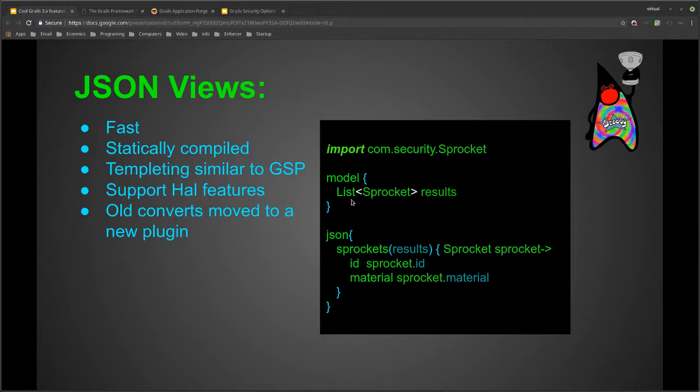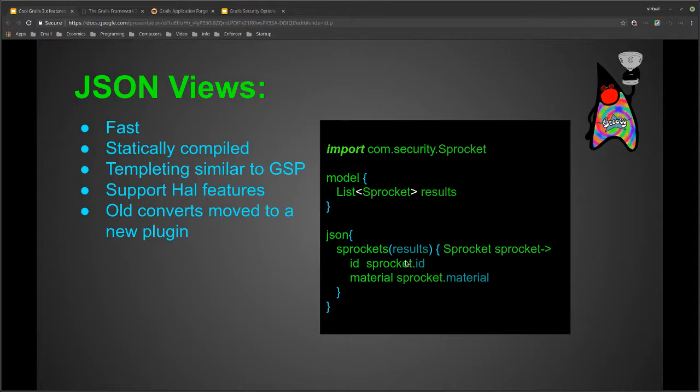So with this, you can have something like a model, which is what you pass into rendering it, similar to how you would render a GSP, where I have a list of results. And with their documentation, I found that they use templates, which you can look up how to do, where instead of iterating over it, it delegates to a template. What I didn't like with that was, since I had a list, I just want to iterate through that in one spot and not have to have a separate template file just to render something. But I found that there was a way to do iteration.